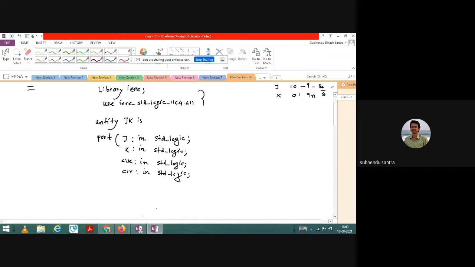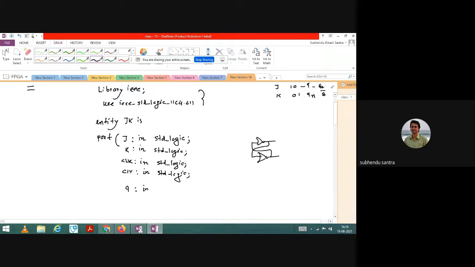And Qn bar. If you see the internal structure of the JK flip-flop, you already know that we have this kind of gate, and we have the interconnection from both Q and Qn bar. So I can directly write Q and Qn bar as inout signals.